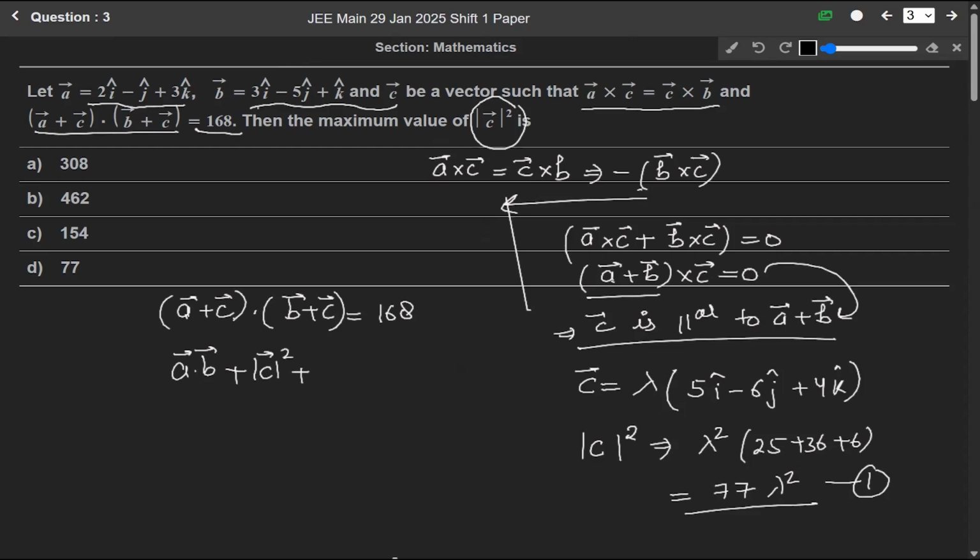C dot B and again modulus of C square. So it will be C dot (A plus B). When we solve this, (A plus C) dot (B plus C), we get A dot B plus C dot (A plus B) plus modulus of C square. When we solve this, A dot B means